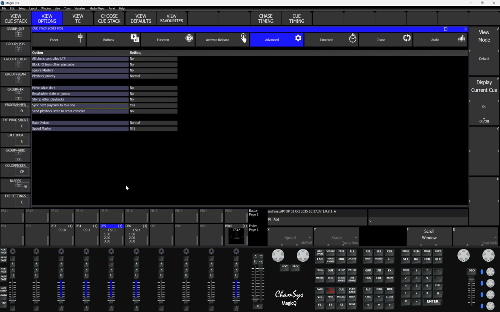So in MagicQ natively, I have the option in my cue stack, in advanced, sync next playback to this one, yes. So if I activate my playback 5 and my playback 6, now every time I press go, I will make a go also on playback 6. But I have no control of both faders together. So if I want to link these two faders now,